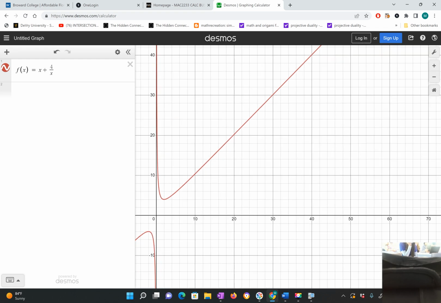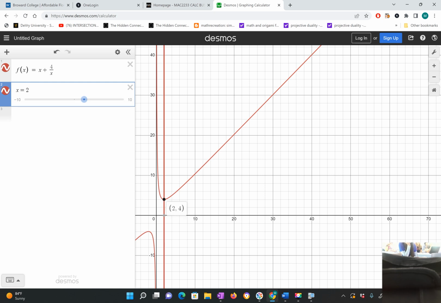Right, and we did say x equals 2 was the critical number, so at x equals 2, there you are. That's a 2, 4. How do you feel? Good. That's what we say, that's the minimum. Okay, so some things to just